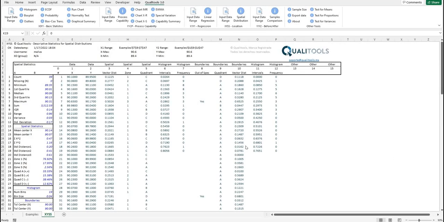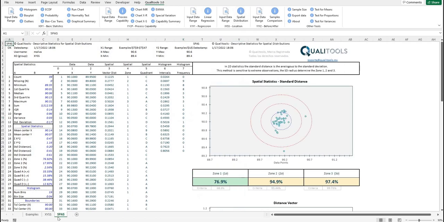When we have selected the calculated table XYSS, we have access to all the visualizations inside of the module. For this version of Qualitools, we only have one visualization. We press the button Spatial Distribution, and the visualization template SPAS will be inserted, in which the first graph we